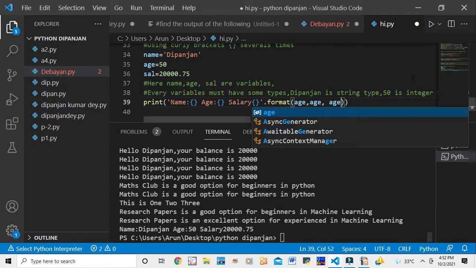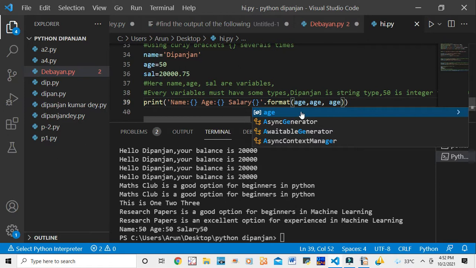Because I have written age now, and not name and salary, all the outputs will show the age. You see the output: name is 50, age is 50, salary is 50.